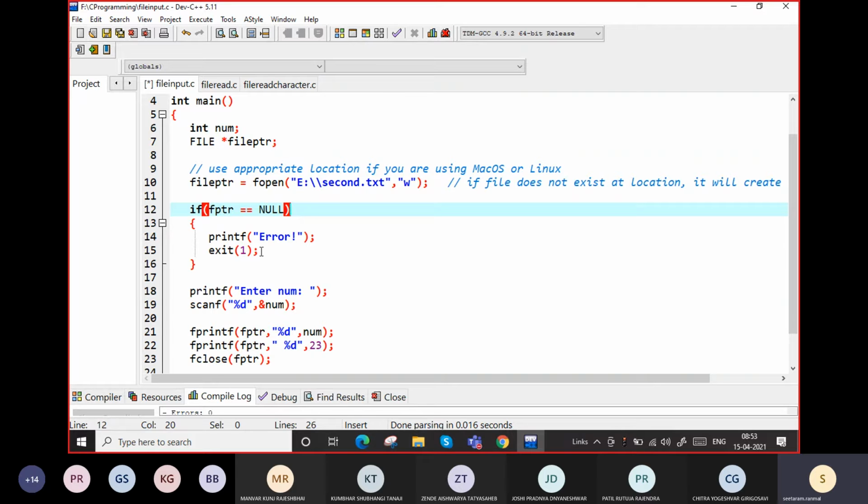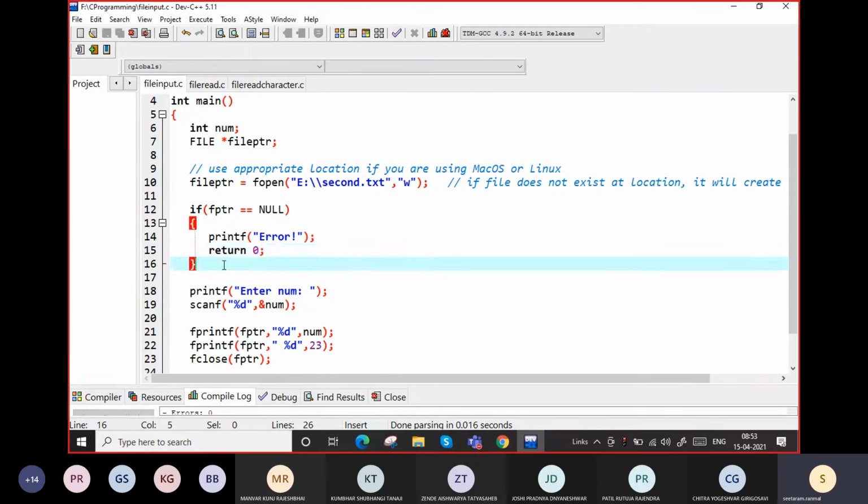We will create this issue later, but right now, whenever you are writing a file program, always check if ptr equals null, print an error and exit in that case. This exit function will exit, or instead you can write return 0 also, not an issue. It will come outside. But exit 0 is also one kind of thing.